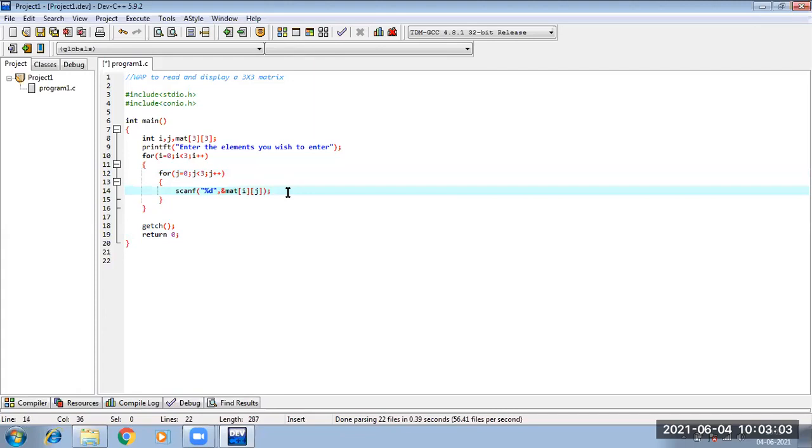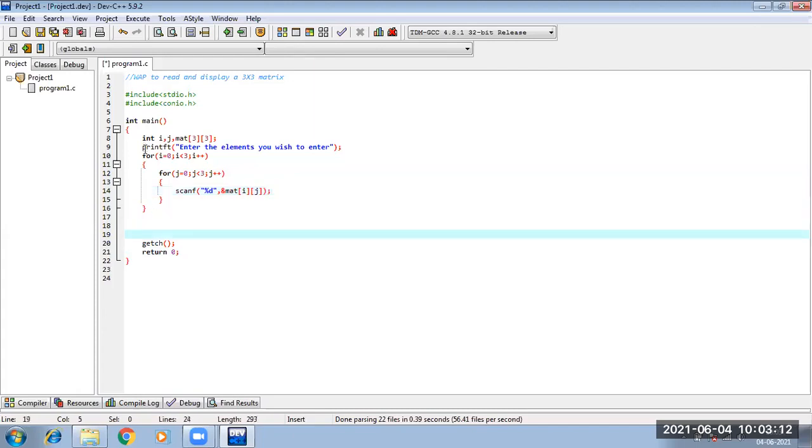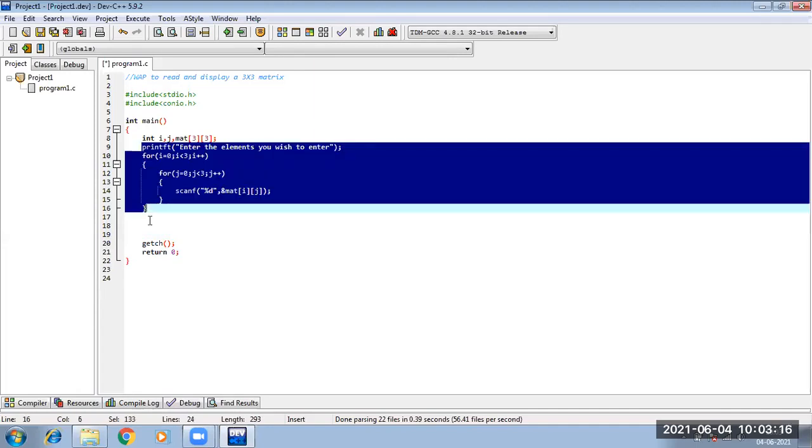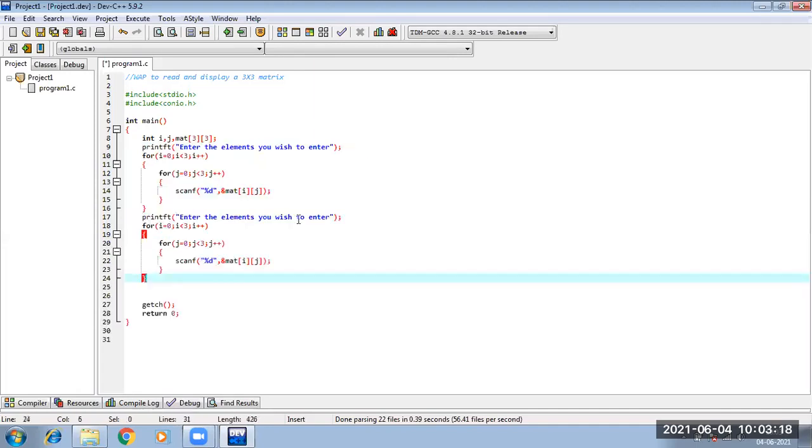Now I will just take the values from the user as it is, and then while printing, I will print it in the form of a 3D matrix, right? So here what I will do, the same loop I will run, just like I was telling in the previous class. Here I will just change the elements of the matrix.